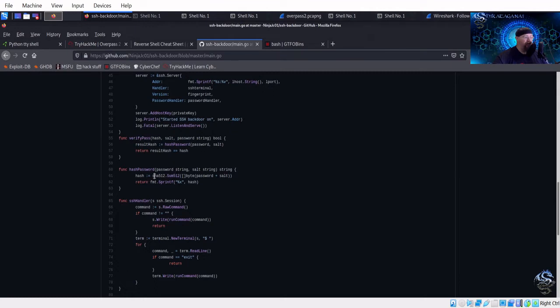Hash, okay, so it's a SHA-512. SHA is a form of hashing. If you're not familiar with the word hashing, hashing is not necessarily an encryption because it can't be reversed. It's a one-way function. What I mean by that is if I took a word, Leroy Jenkins, and I hashed